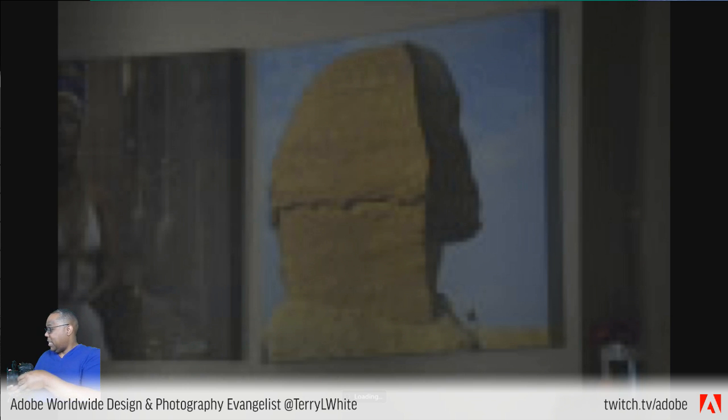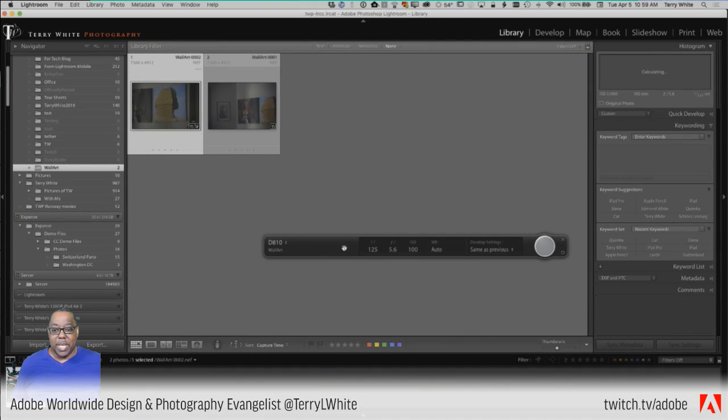So shooting tethered into Lightroom is as easy as connecting the cable to a compatible camera and starting your tether capture. Your images are automatically transferred to a folder wherever you designate in the tether capture window, and now you can shoot tethered full screen, which will turn off all the rest of the interface so you can concentrate on what your photos look like.